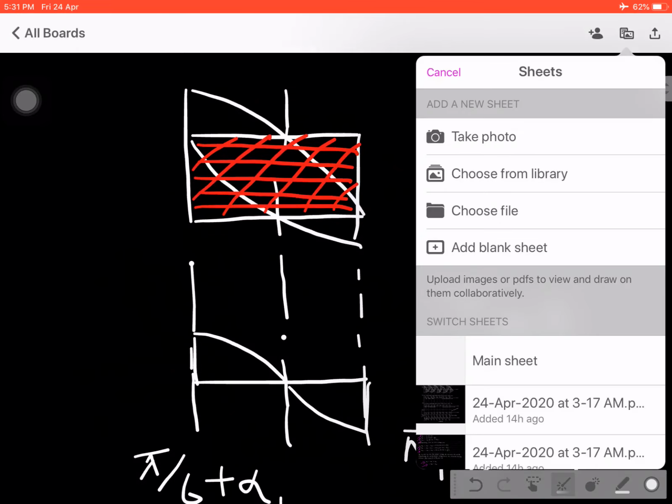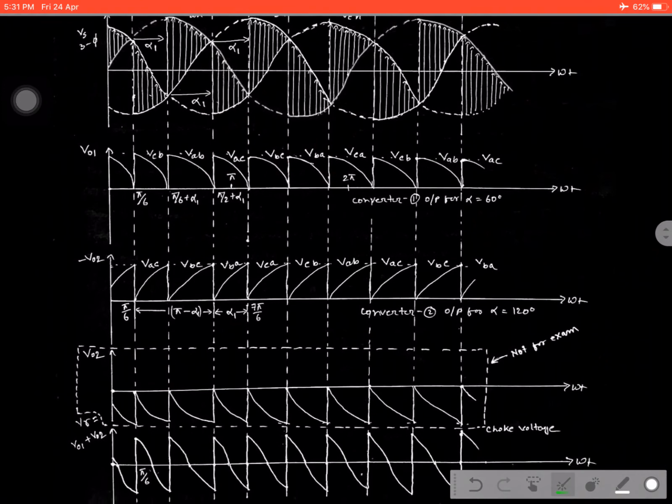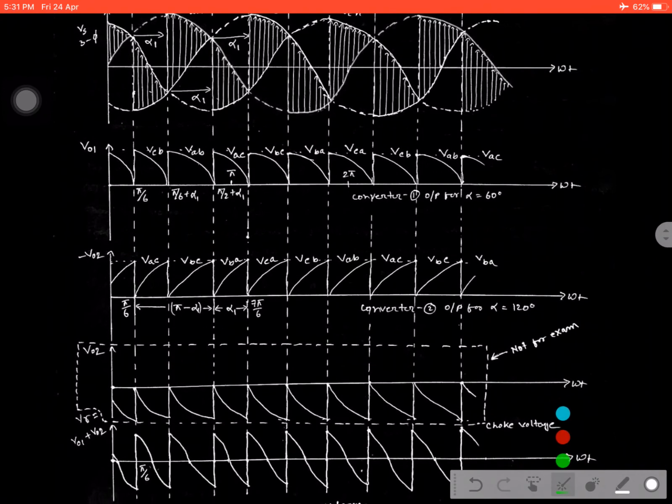So go to the waveforms. Now it can easily be identified by all of you. We can identify at the region of pi by 6 plus alpha 1 to pi by 6 plus 2 alpha, that is VAB, and the mirrored image, that is minus VBC. After adding these two parts, this one plus this one, it provides this kind of wave shape. Clear? That means pi by 6 plus alpha 1 to pi by 2 plus alpha 2 is the wave shape. So it can be further applied for calculating the circulating current across the inductor.